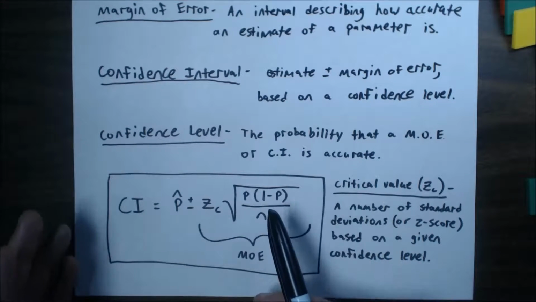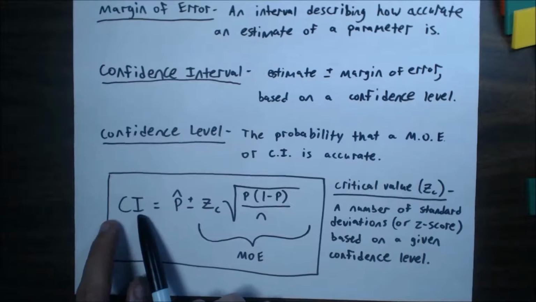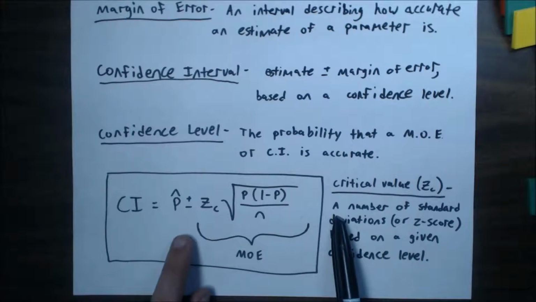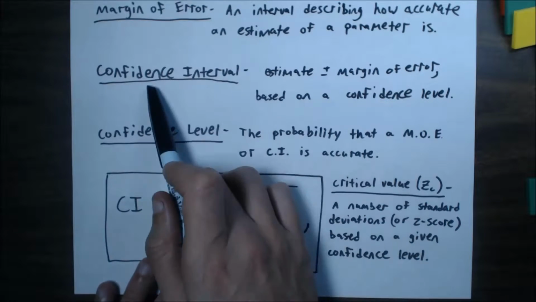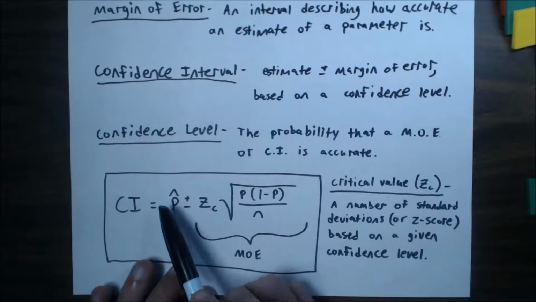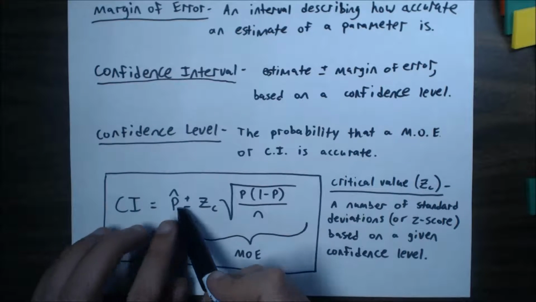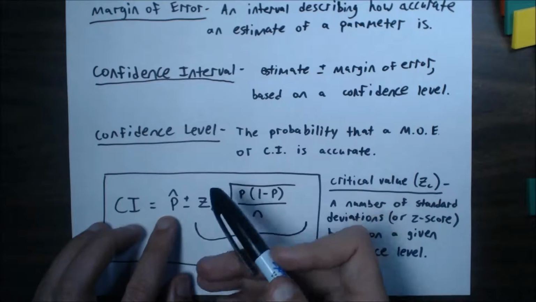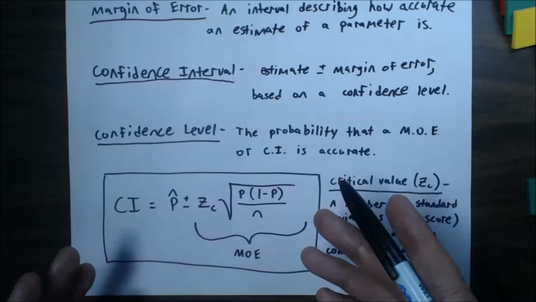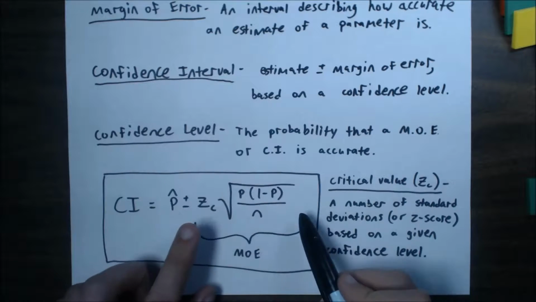And this is the only formula I really wanted to put on here because, and it's on your formula sheet, but this formula contains the formula for the margin of error. And this is what I mean when I say the confidence interval is an estimate plus or minus the margin of error. p hat would be your estimate in this case. Okay. Maybe I think the population proportion based on my sample. So my p hat, maybe it's 65%